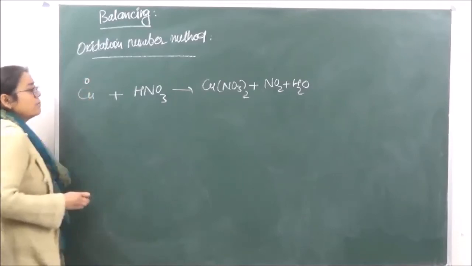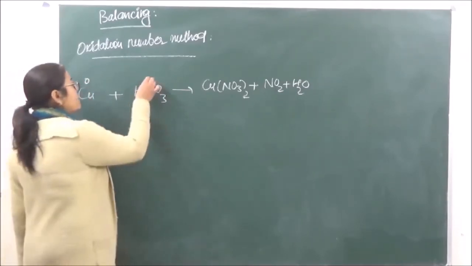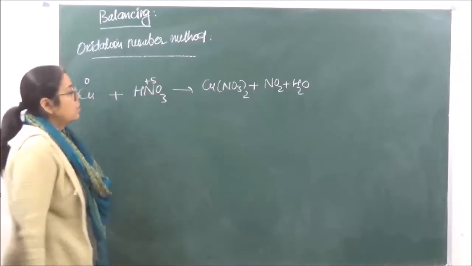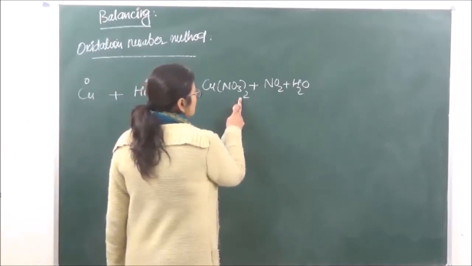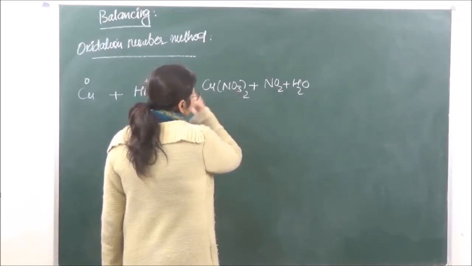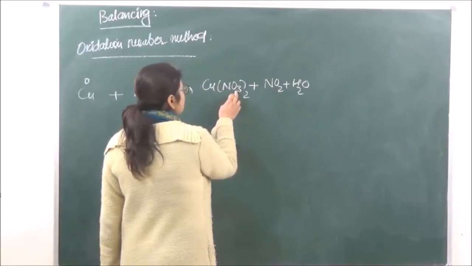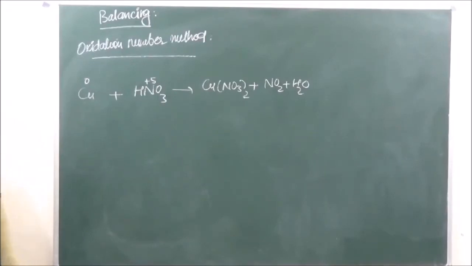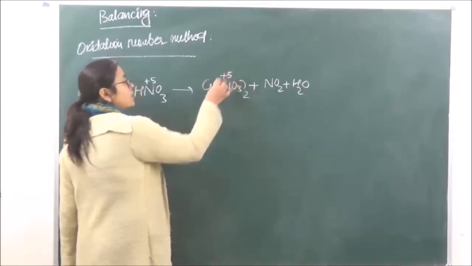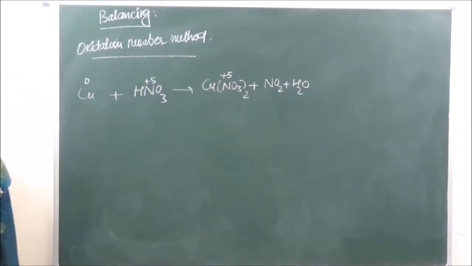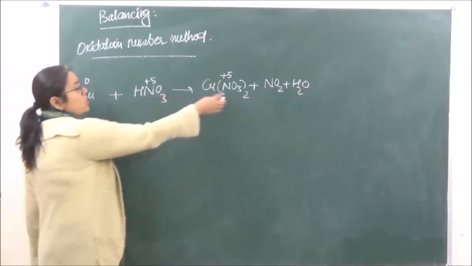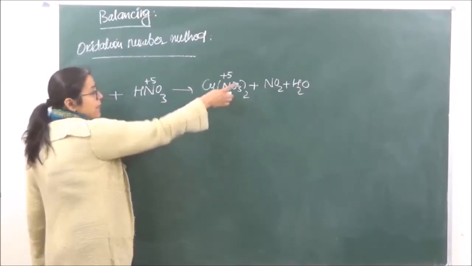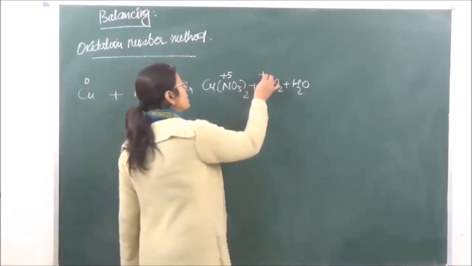Copper has an oxidation number of 0. Nitrogen will have an oxidation number of plus 5. Over here, oxygen: 2 times 3 is 6, and we have 6, that means 12, minus 1. In the case of the nitrate ion, we can just leave it as it is, or if you want to calculate, you will see that the oxidation number over here comes to plus 5 only. So the oxidation number of nitrogen in copper nitrate is going to come as plus 5. So you can see that there is no change in oxidation state over here, but there is going to be a change over there, which is plus 4.